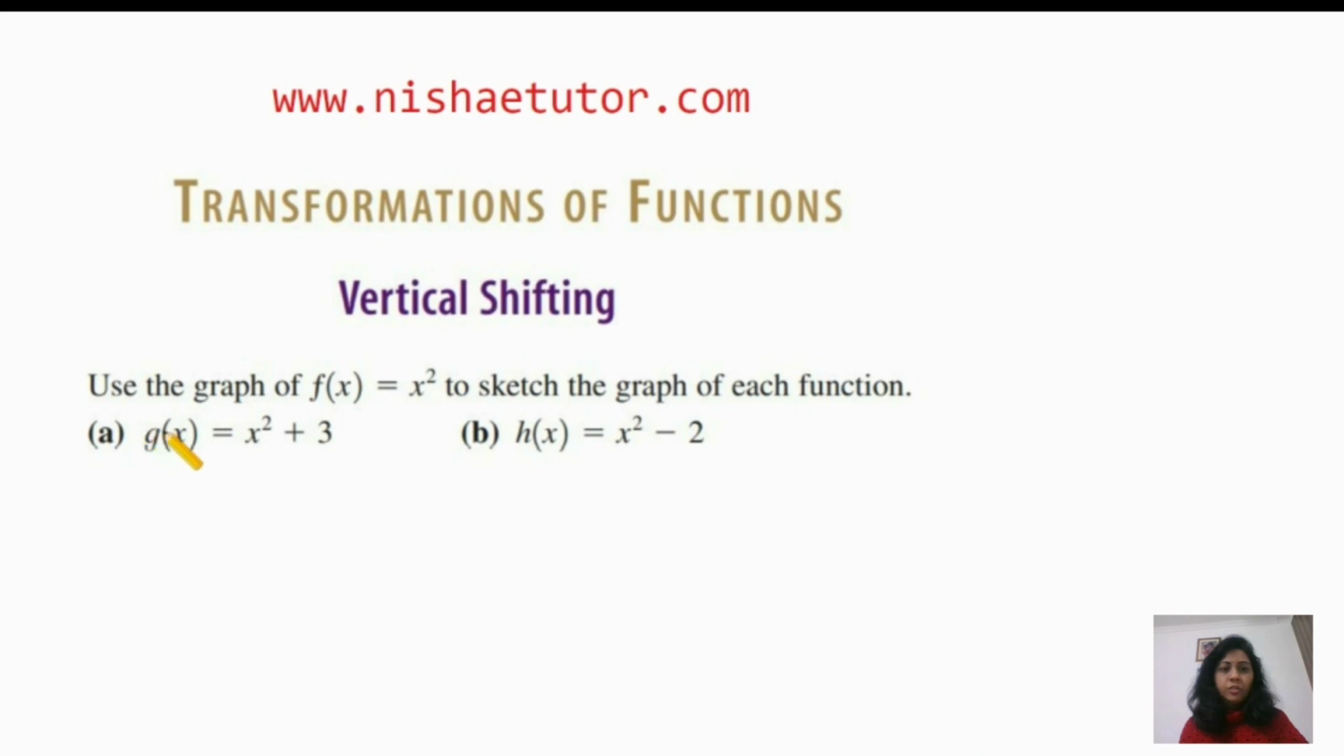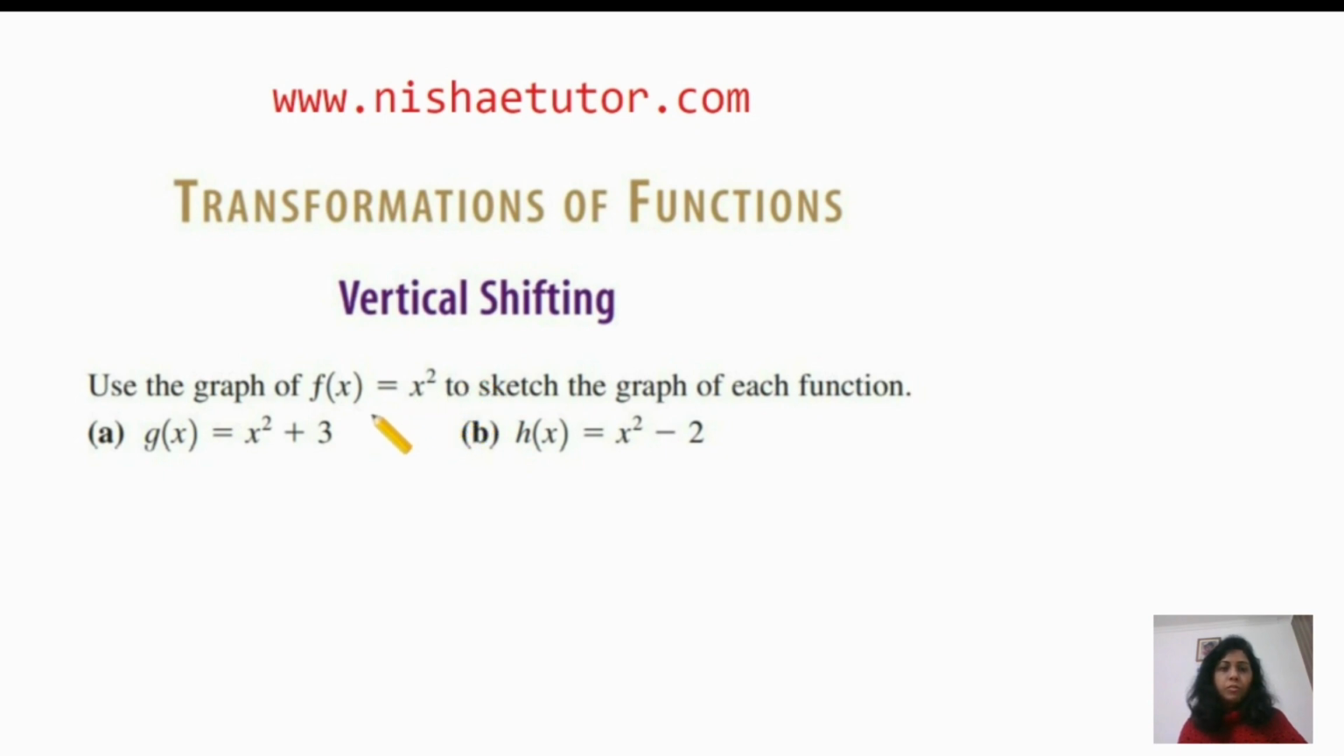And here is the question. Use the graph of f(x) = x² to sketch the graph of each function. g(x) = x² + 3 and here, second question, h(x) = x² - 2. So first we solve, and then we can observe which type of vertical shifting. Okay. So first we graph f(x) = x²,